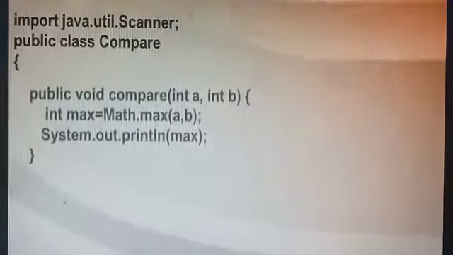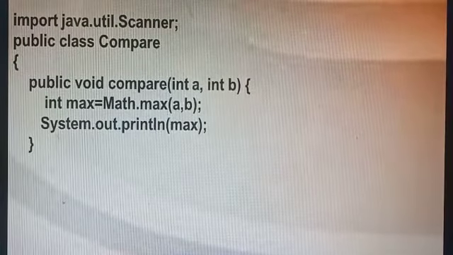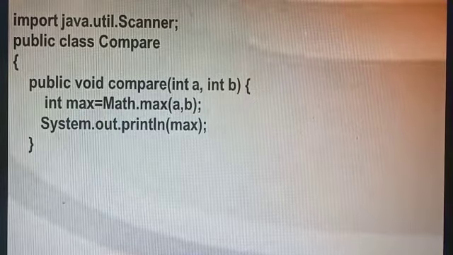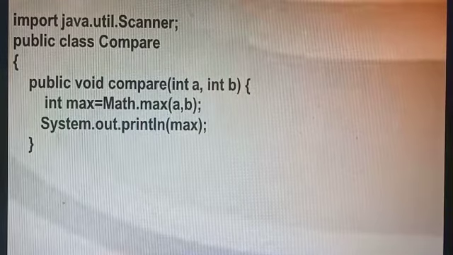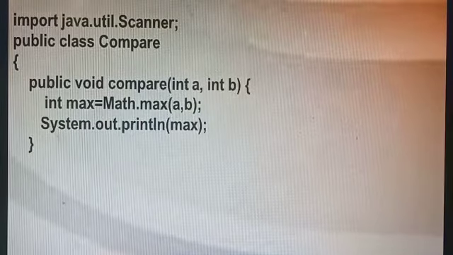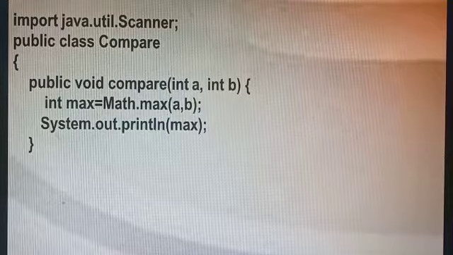Now let's see the program. Same package we have to use. Import java.util.Scanner; public class Compare, open the curly bracket. Then you have to take a function, public void compare, with two integer arguments, two variables a and b, open the curly bracket. In that you have to take one integer data type max, and do Math.max(a, b);